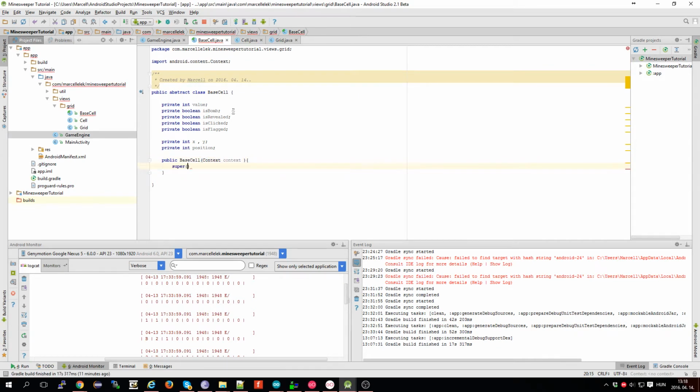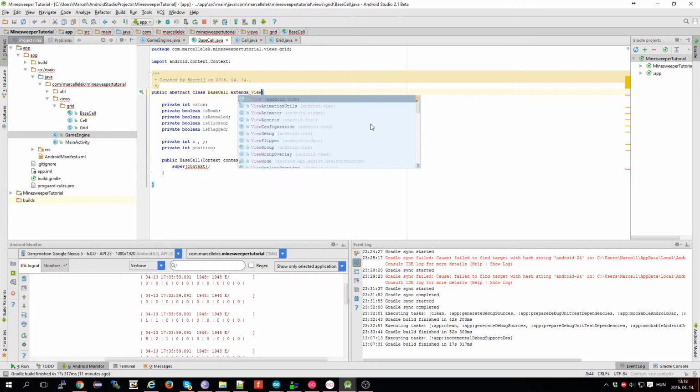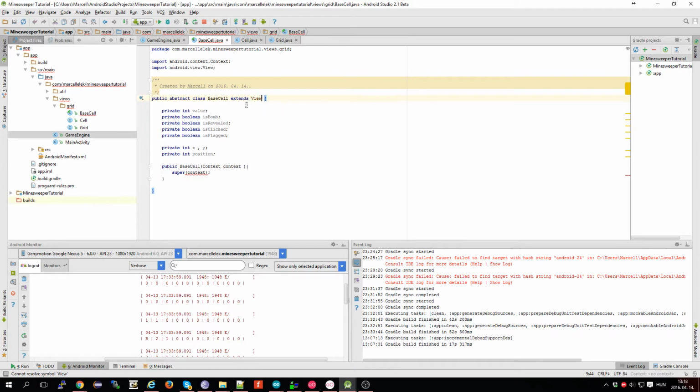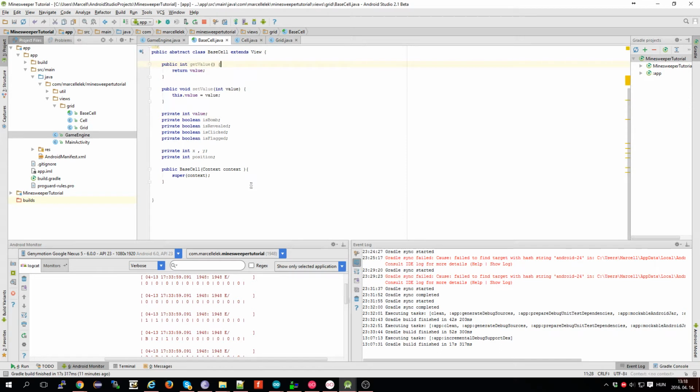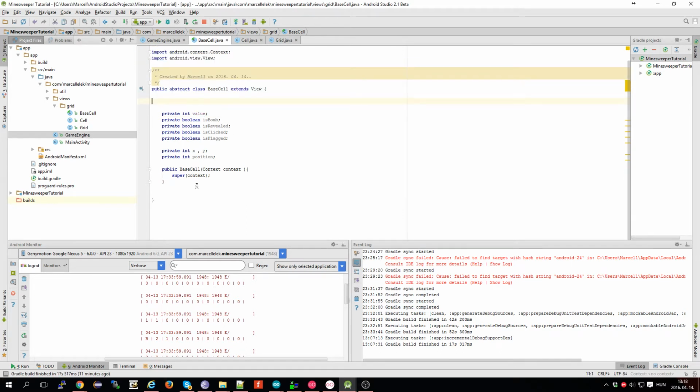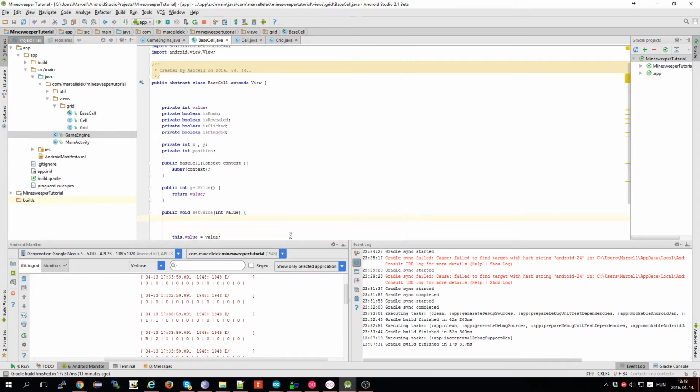This is going to call a super context, and I forgot to extend this as a view. Okay, so I'm going to create getter and setter methods for this, and for all of them. So get value returns a value, this is the same, but in the set value I'm going to start to